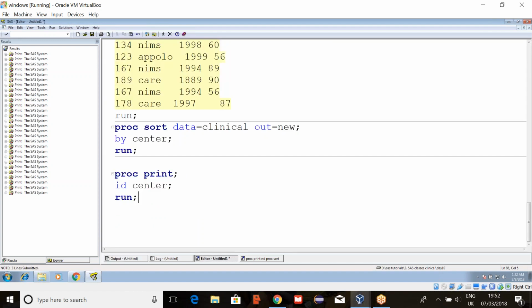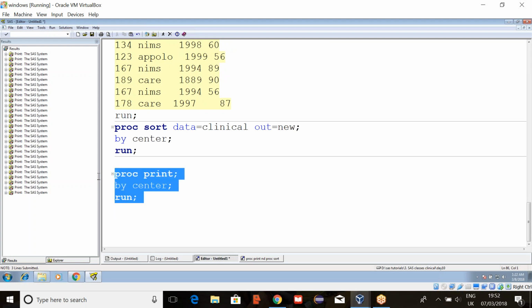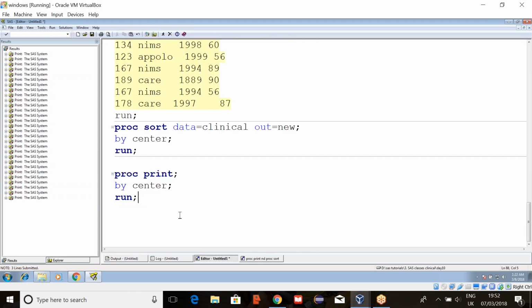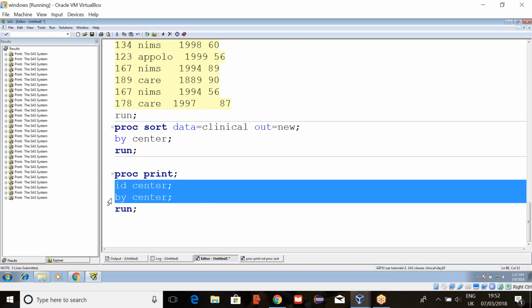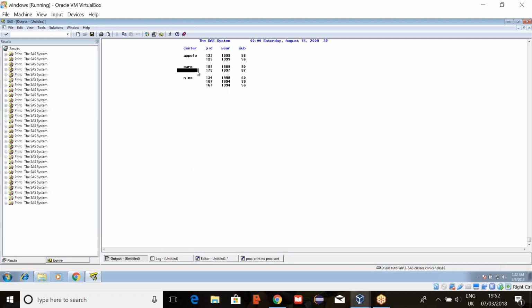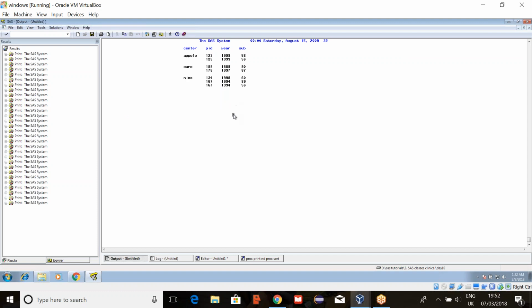If I use BY, what will happen? It will group them, like all Apollo records together, NIMS and care. If I use both, it will do the work of both statements. First it will bring that together, and then it will group like this. So these two are the Apollo, and these are the care, and these are the NIMS records. Clear?